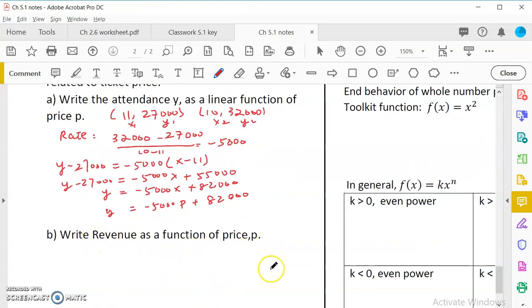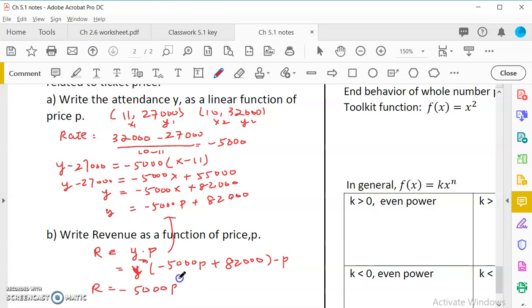Now write revenue as a function of price. So revenue is how much would you earn? Revenue is how many people attend, the attendance, times how much people pay per ticket, right? Y times p. Y is actually that, so you plug it in: negative 5,000 p plus 82,000, and then times one more p. So R is equal to negative 5,000 p squared